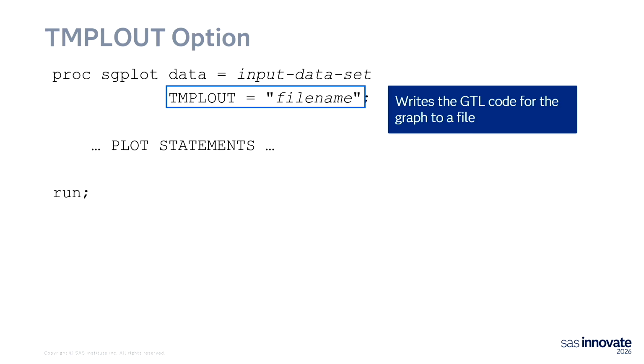TEMPLATE OUT will write all of the code that is sitting in the background into a PROC TEMPLATE procedure, so it's going to create that for you. Now, the file name has to be the full file path. So if you're saving it on a particular drive, it'll have to be that drive name, the file name, dot whatever, dot SAS, whatever you want to call it. So it's the full file name. But that's simple.